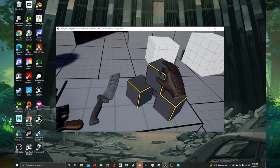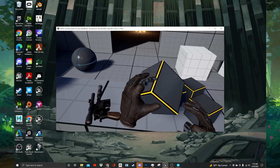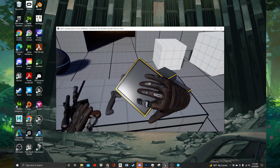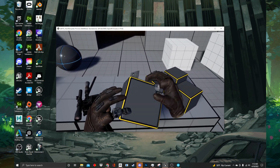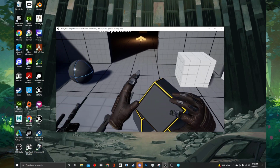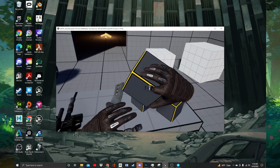Hey everyone, welcome to the final part of my VR hand tutorial series in Unreal 5. In this video, we will be building upon our hand systems from the previous two tutorials to create a procedural hand grip system similar to Half-Life Alyx. By the end of this video, you will have hands that utilize a line trace function to naturally conform around